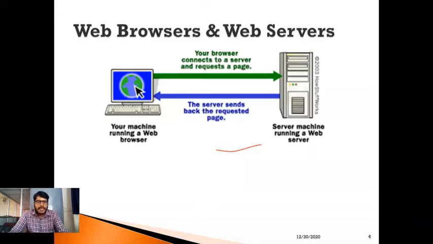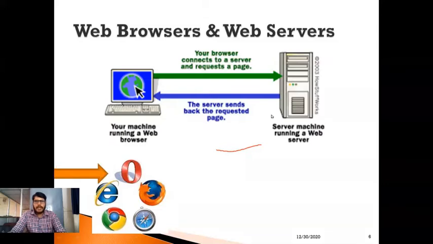A server machine can execute server-side scripting languages. It might be JSP, Java Server Pages, PHP, and so on. So the server is always ready to accept the request coming from the client and process it. After processing, it has to generate a response to the client machine. So this is how a client and server operate.